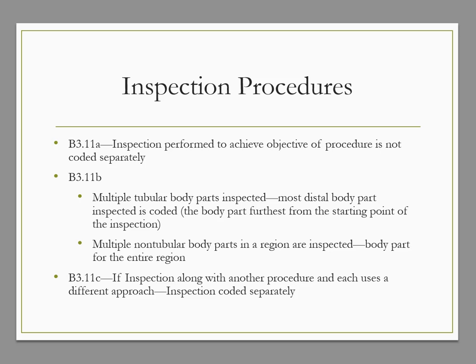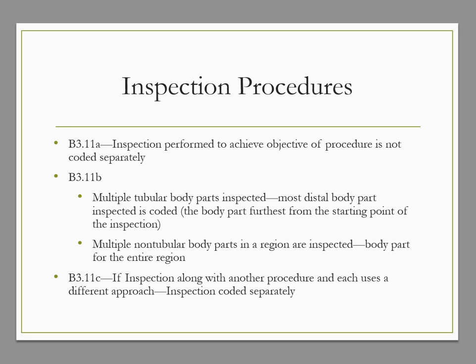B3.11B. If multiple tubular body parts are inspected, the most distal body part is coded. So the distal, that's the furthest from the starting point of the inspection. If multiple non-tubular body parts in a region are inspected, we are going to select the body part that specifies the entire area inspected. Guideline